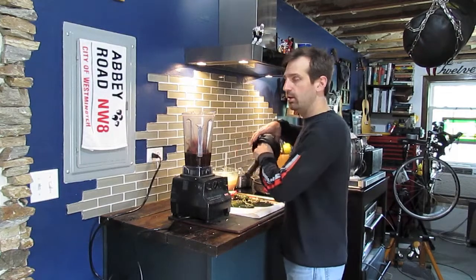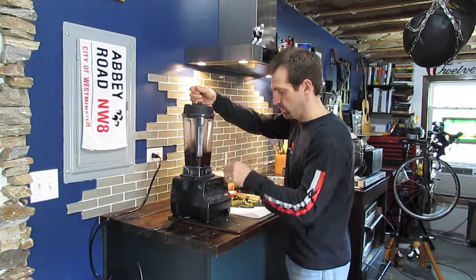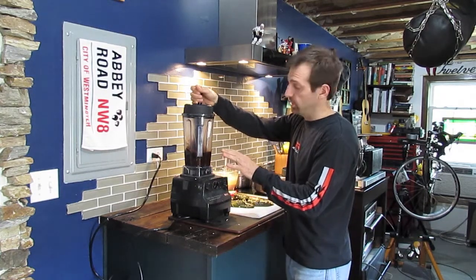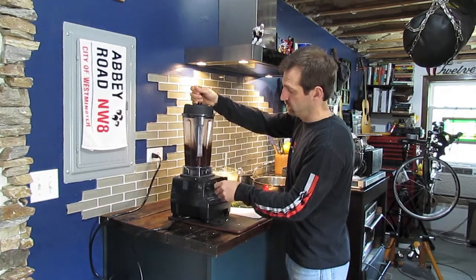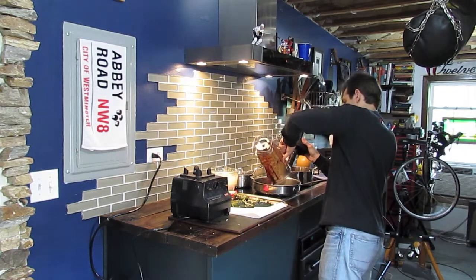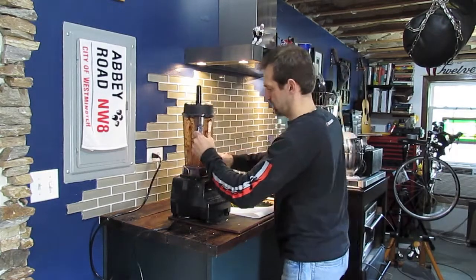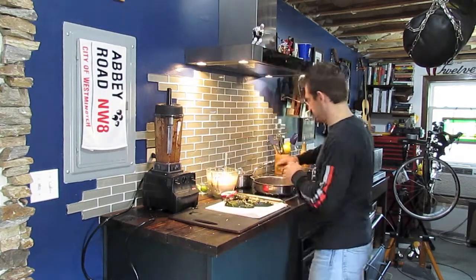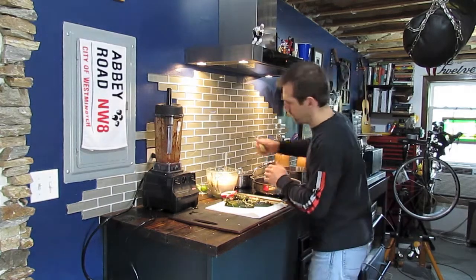I've been tasting it while I'm making it, and it really has a great smoke flavor to it with a little bit of heat there. So I think you're going to really love this sauce. Sauce can really go on almost anything. I'm going to blend it for about maybe 15-20 seconds, and I'm going to put it back in that pan. Looks great, smells great. Last thing we're going to do, instead of putting salt in here, before we taste it, again, I'm going to squeeze a little bit of lime into this sauce, about a half a lime,